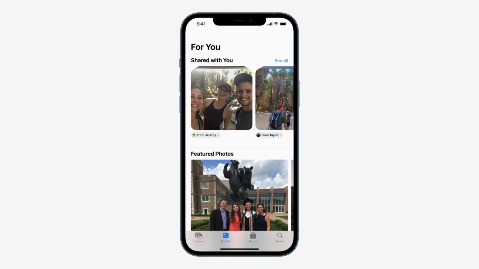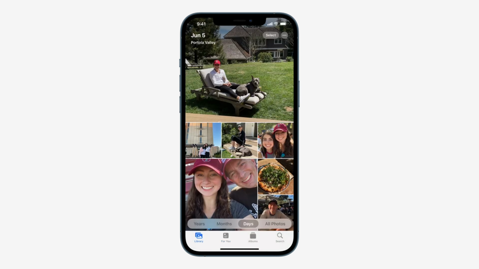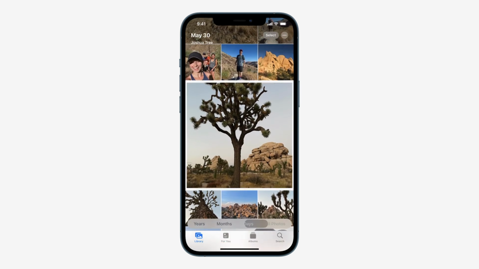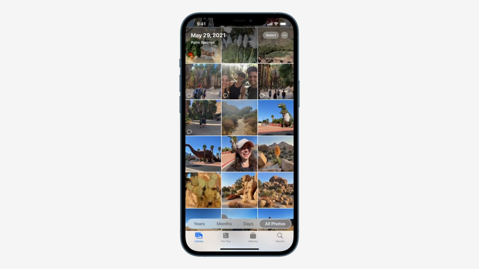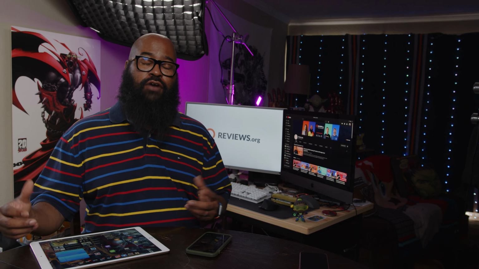And you'll be able to check it out, react, and respond directly from that section of the app without having to go back into messages. And that's going to work for things like Apple Music, Apple TV, podcasts, photos, different areas where people are going to be sharing content, Apple News. So that's interesting to see, and I think that's going to be functionality that Apple users, iPhone users are definitely